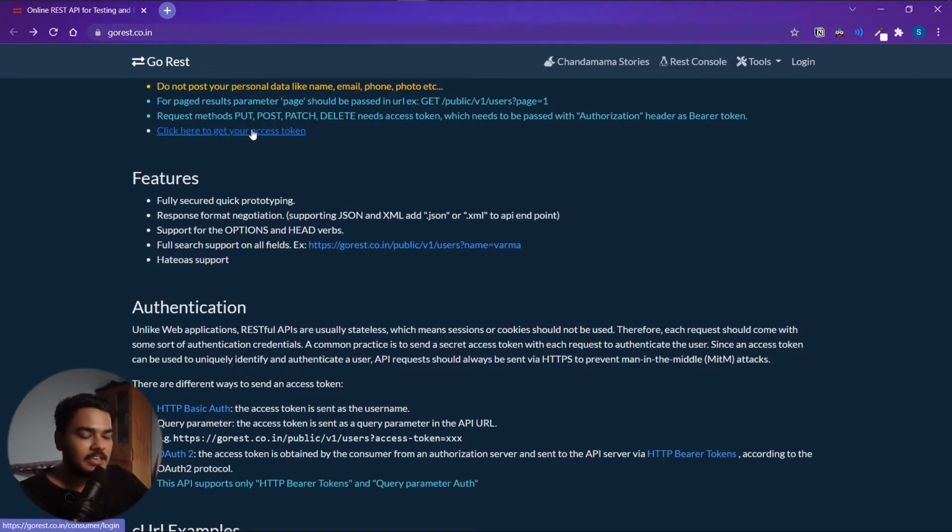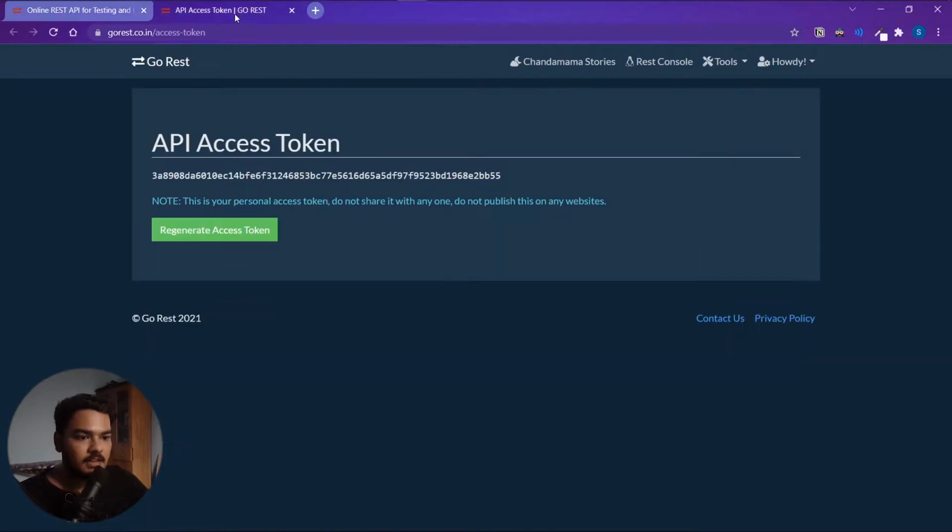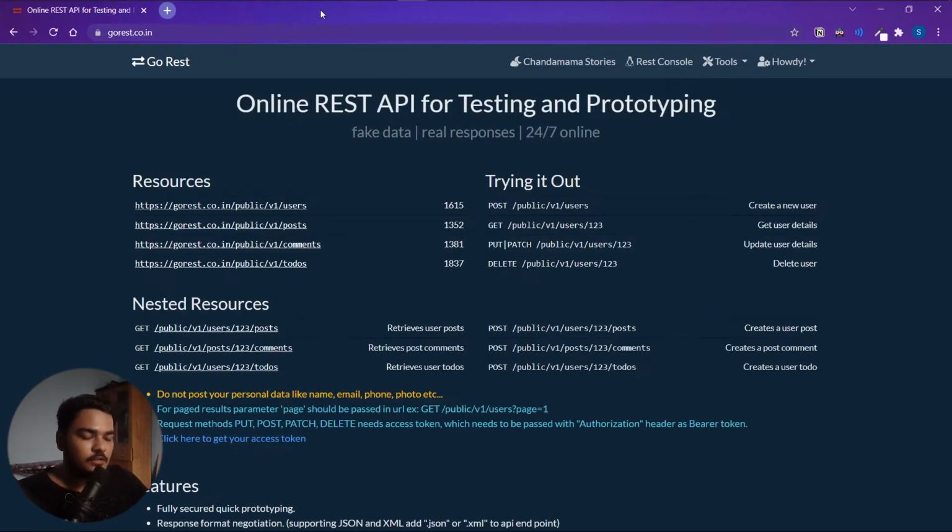they have an option to click here to get access token. Click that and it just shows me a token. I have logged in, and I'll just copy that. I'll go back